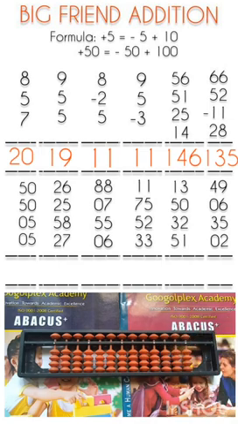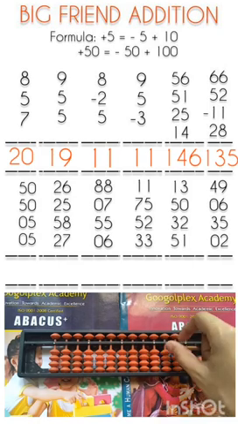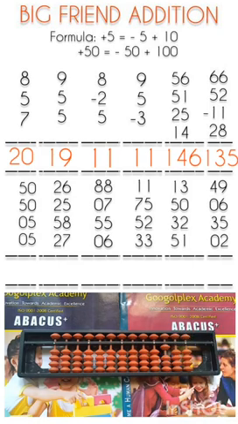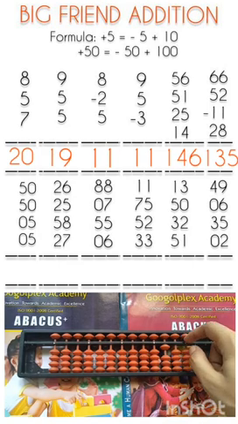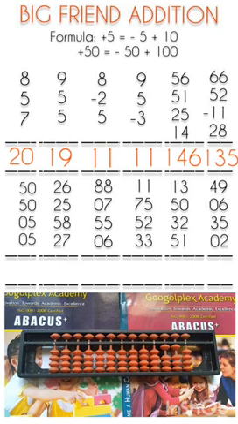Now question number 7. We have to solve 50 plus 50 plus 5 plus 5. First number is 50. Now add again 50 to this number. Not possible. Same thing. Minus 50 plus 100. Yes. Second addition of 50 is also completed. Now next number is 5. Done. Now again we have to add 5. Again same thing we have to apply, the big friend formula of plus 5, which is minus 5 plus 10. So addition of the second 5 is also completed. Now the answer is 110. Yes, 110 is our answer.